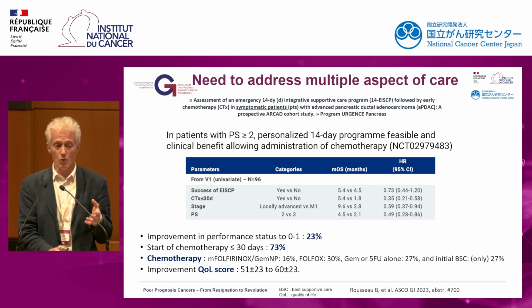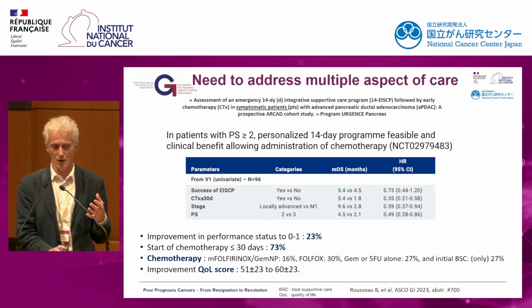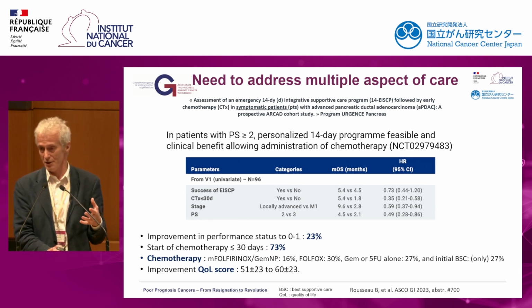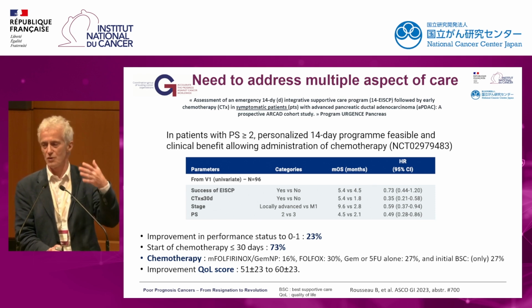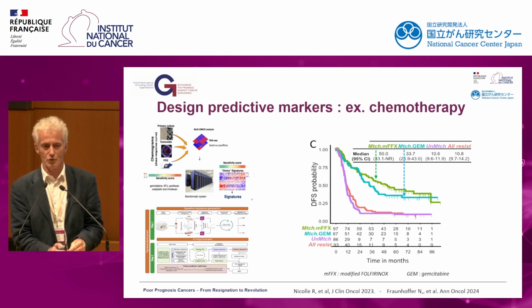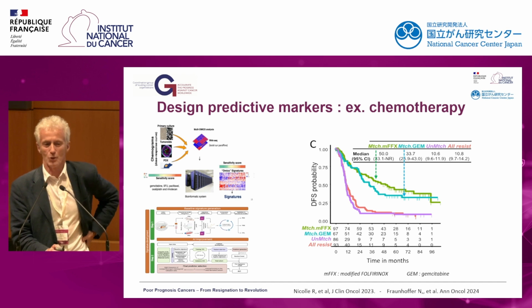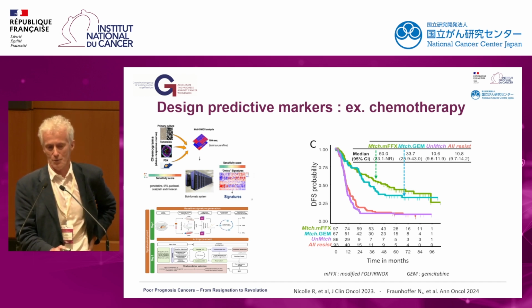They could start chemo in 73%, and they can even receive polychemotherapy after 1 month of preparation and rehabilitation. So we have to care about these patients who are not fit to enter a study upfront. Finally, of course, we have to design those markers. It's a nod to Nelson and group, because probably we will decrease the toxicity of the chemotherapy with such